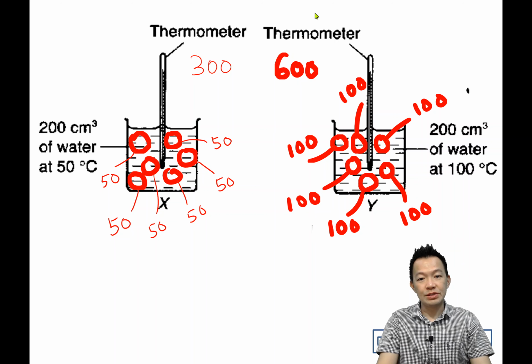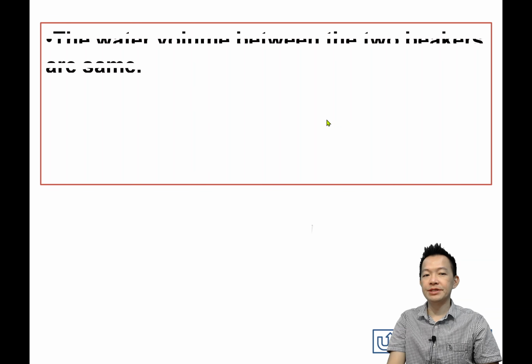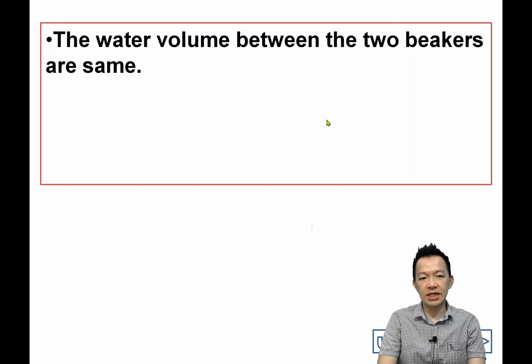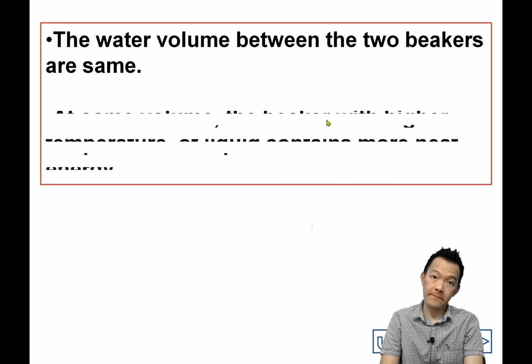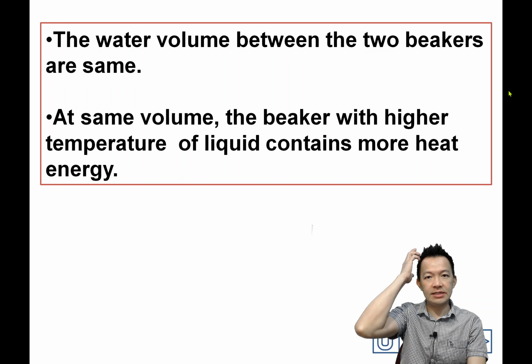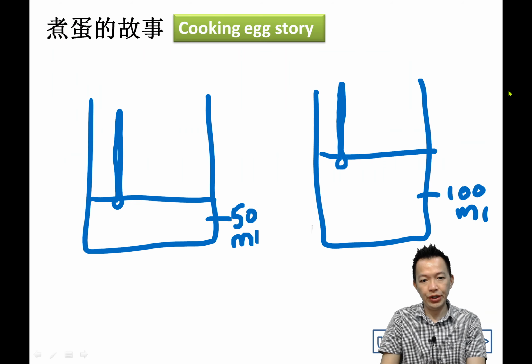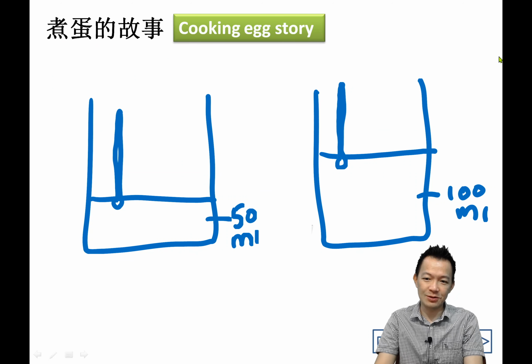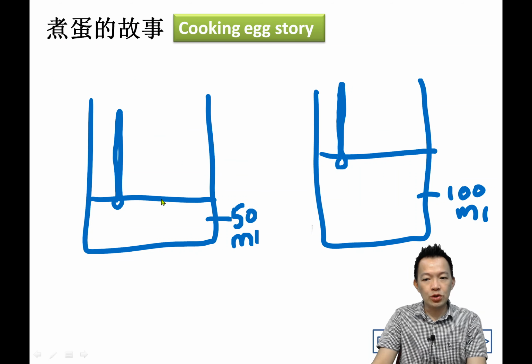OK,就是这个啦,600的那一边比较伤了。OK, so now copy two sentences. The water volume between the two beakers is the same. 这两个 beaker 的水的体积都是一模一样。So at the same volume, the beaker with a high temperature of liquid contains more heat energy. 在同样的体积之下,比较热的那一杯,它会有比较多的热能,明白吗？